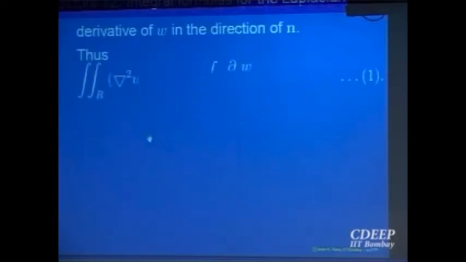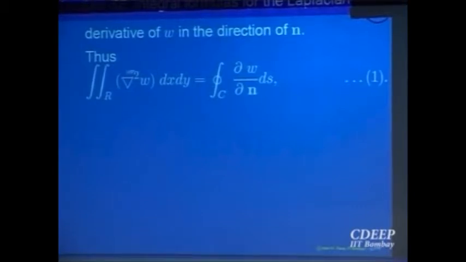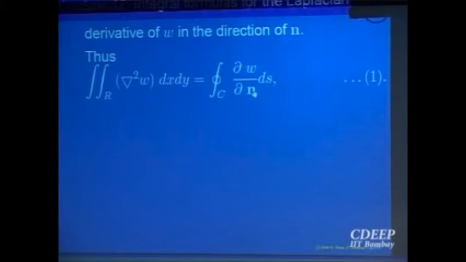Okay, so this relates two things. One is the directional derivative along the direction of the outward unit normal n, with the integral of the Laplacian. So this is a two-dimensional object being integrated. This is a one-dimensional object to be integrated. Now this equation written this way is known as Green's first identity. That is okay, but it has a very nice application.